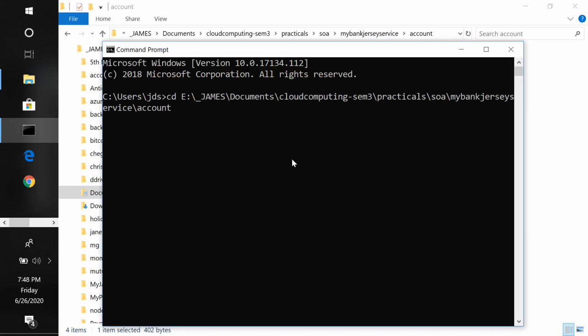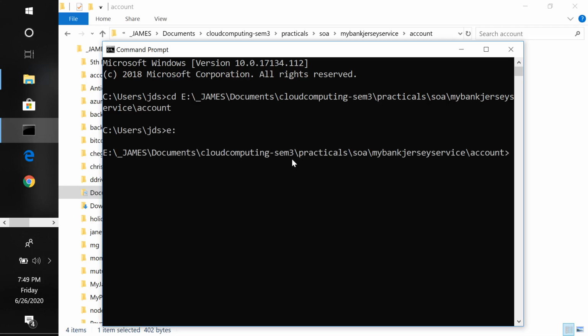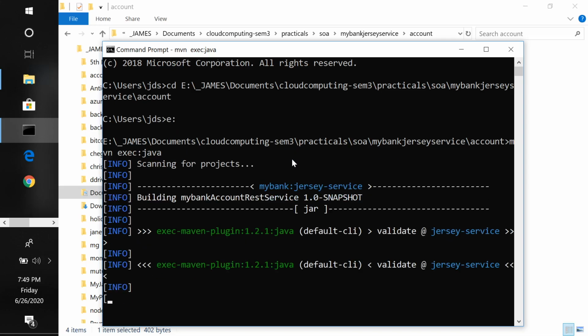My computer was working slow, and things were not working earlier for some reason. Maybe something is getting installed or something, but I have restarted my computer now, so hopefully things will be faster now. So let's start the account service, and it does take time. It has improved a little bit, but it does take time.